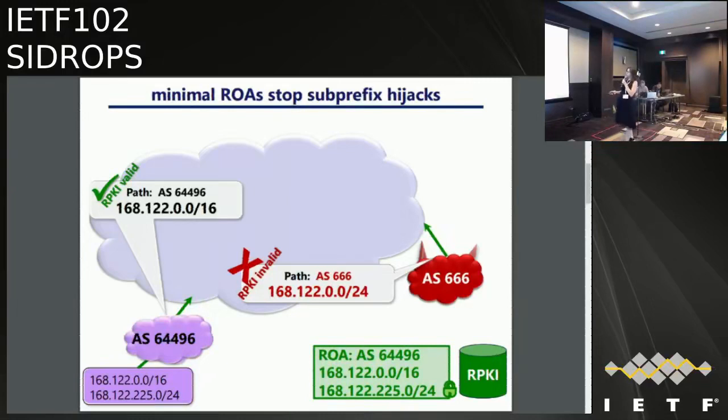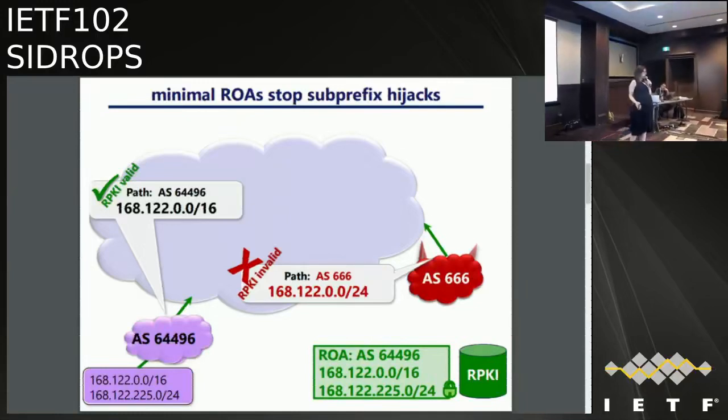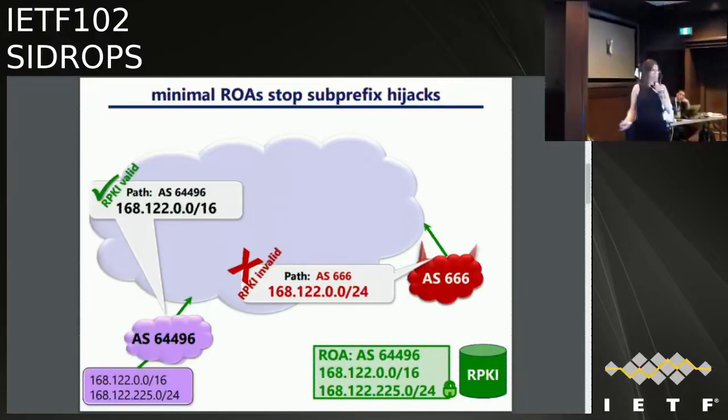Therefore, all routers that see this announcement will prefer it because it's the sub-prefix. If we have the RPKI in place, we would know that this announcement is invalid because there is no prefix that matches this one in this ROA. We have the .225.0/24, but not .0.0/24. Very simple. This is why we designed the RPKI. Everybody here knows this.